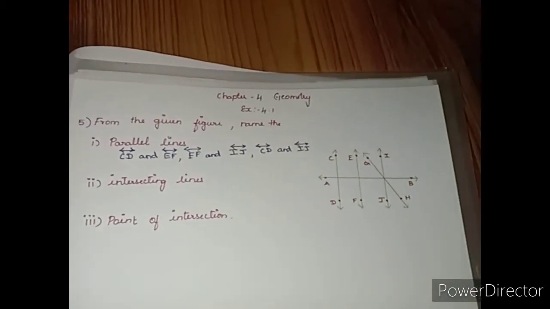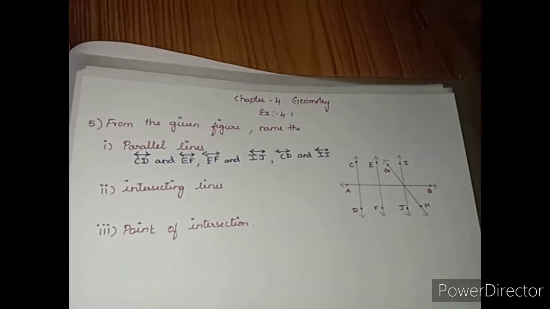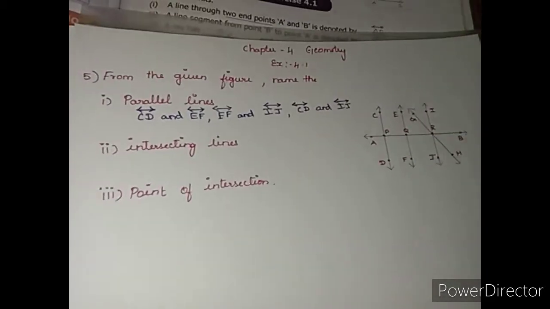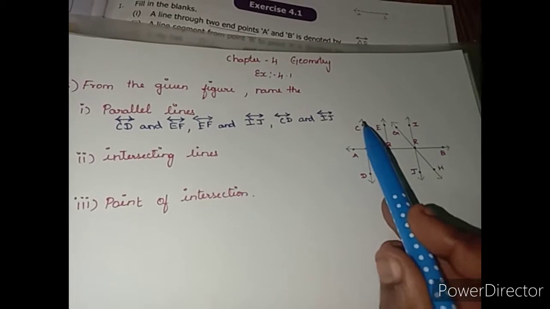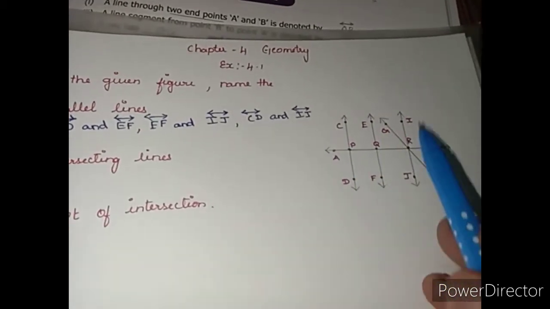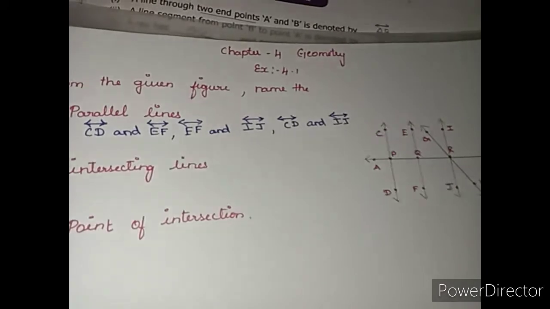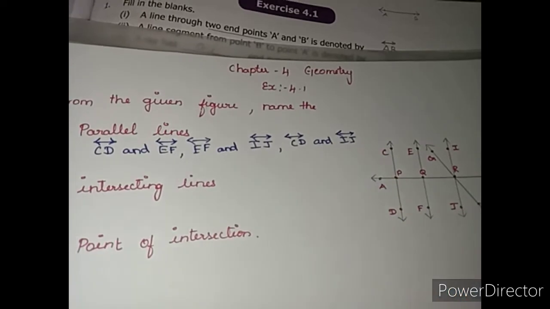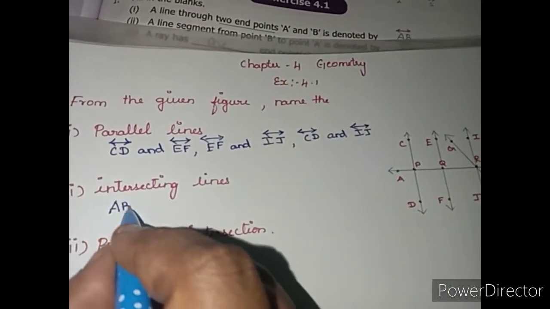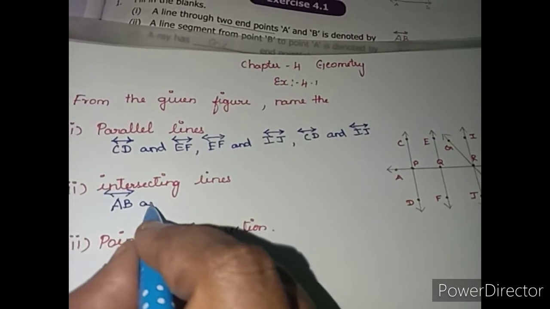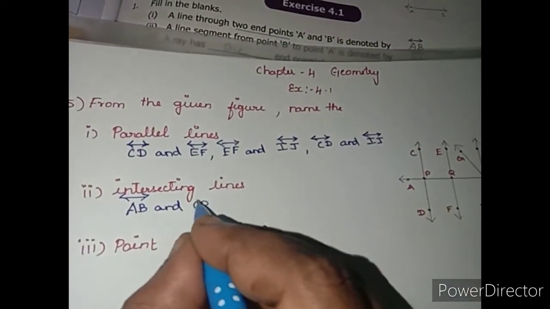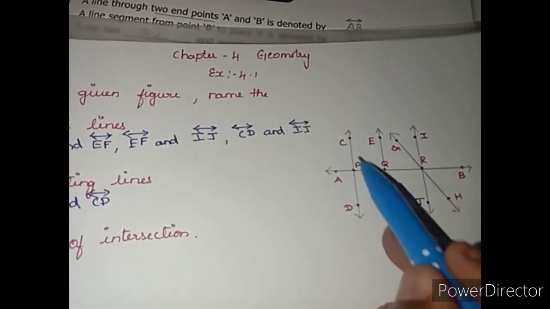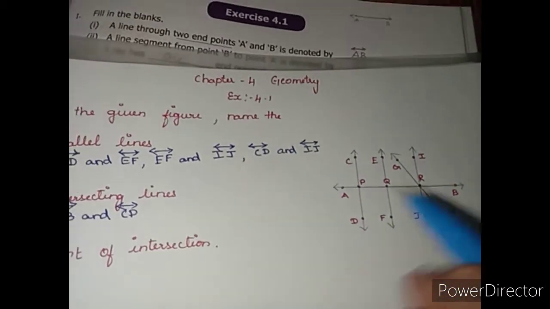Next we'll see the intersecting lines. Okay. Now we'll go with intersecting line. So an intersecting line is nothing but, in a straight line, the lines which are coming in between. They will be called the intersecting lines. So in the line AB, we have CD as an intersecting line. Line AB and CD are intersecting. Do you understand? So this AB is a line. In this CD is coming in between. So that is intersecting.